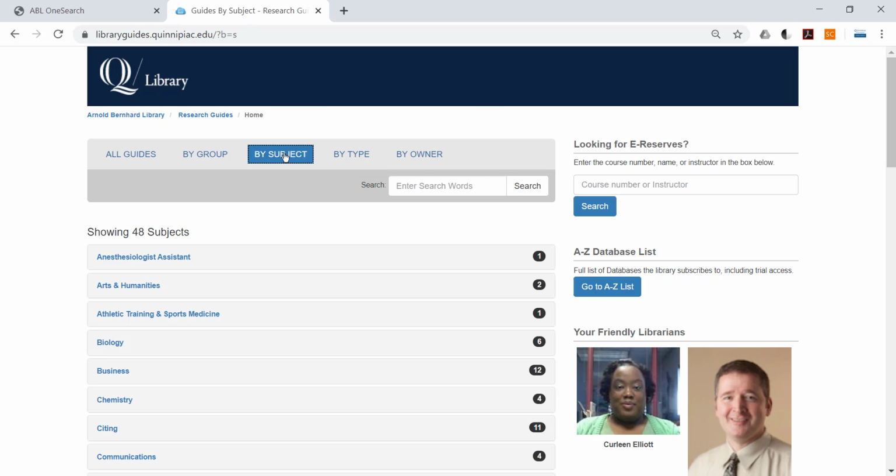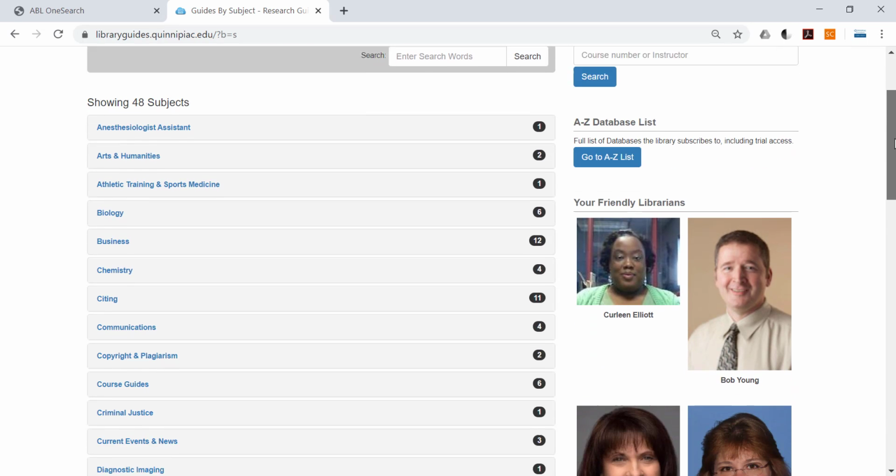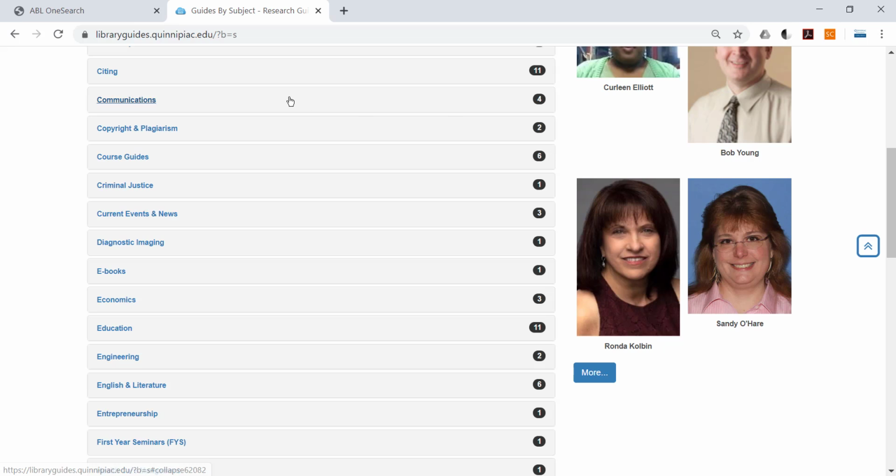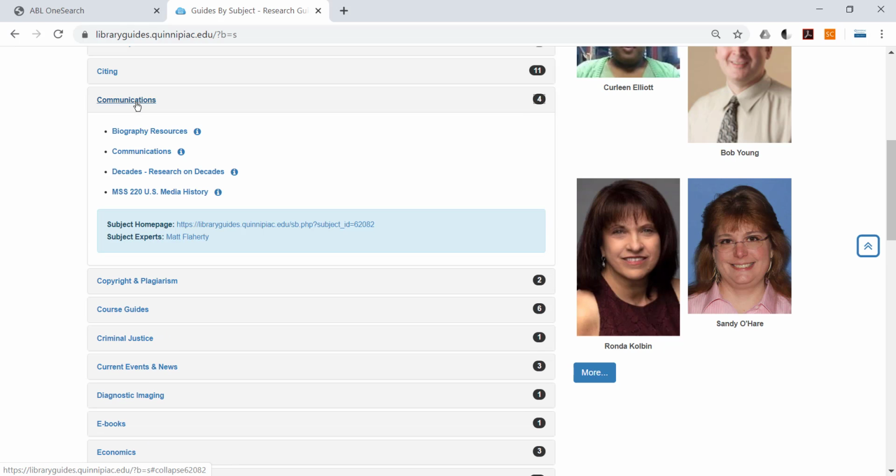This gives you a list of subjects that we have guides for. Scroll down to choose the subject closest to your major. If you don't see your major listed, look for your school. So I'm scrolling a little bit and we'll choose Communications. Communications has 4 guides. You can tell that by looking across to the number next to the subject. So we'll open up Communications, and there are 4 guides having to do with communications here. 3 of them are more specific than what we need right now, so I'll select the one that's just called